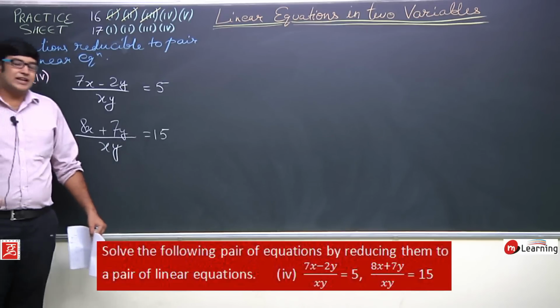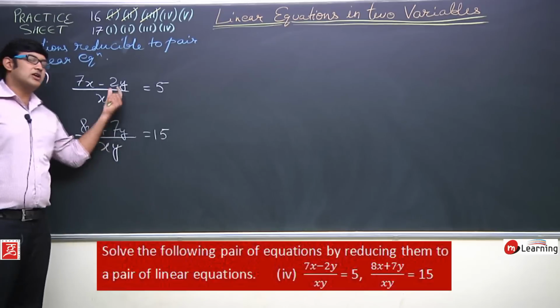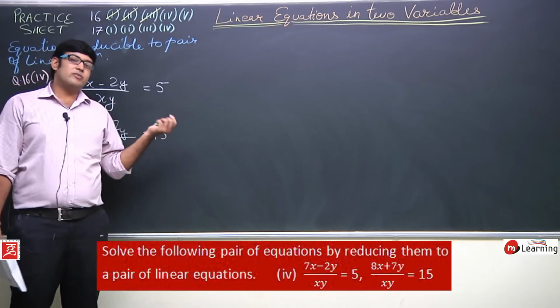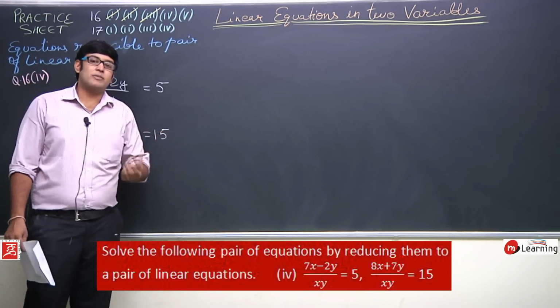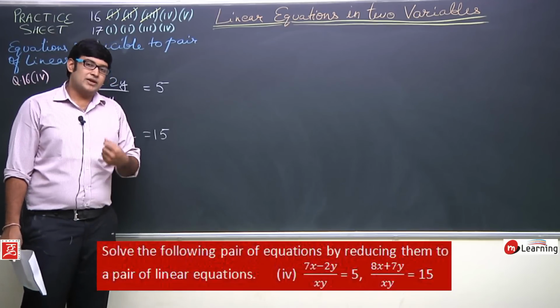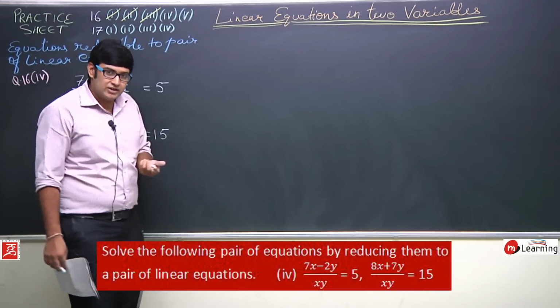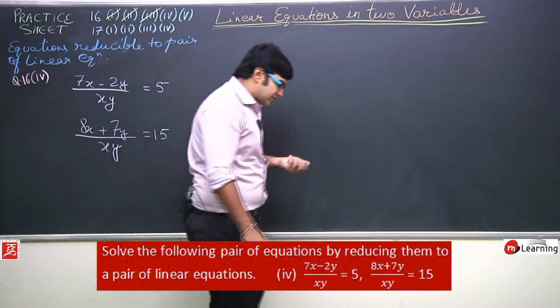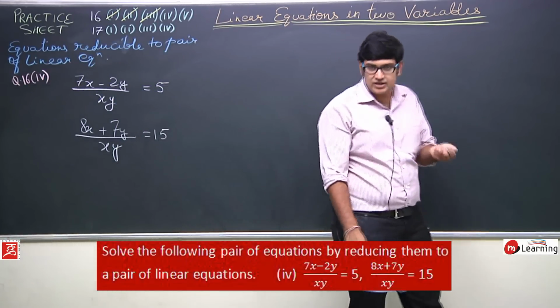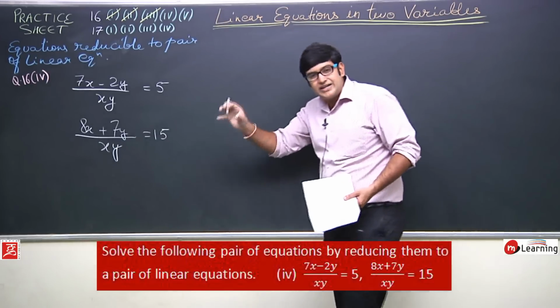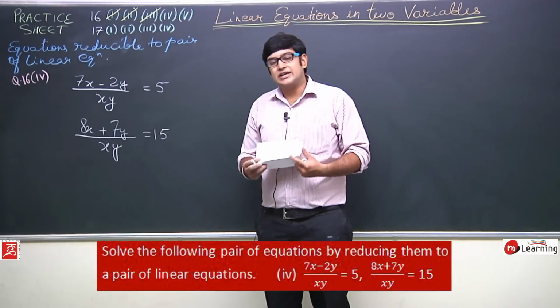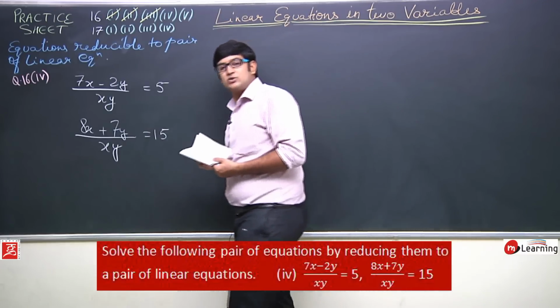Now this question does not have anything common in both the equations. You can see कोई भी इक्वेशन में ऐसा कोई एक्सप्रेशन डायरेक्टली दिख नहीं रहा जो कॉमन है. तो अगर कॉमन नहीं है तो क्या ये इक्वेशन सॉल्व नहीं हो सकती? क्या इन्हें मैं लीनियर इक्वेशंस में कन्वर्ट नहीं कर सकता? क्या इस तरह का कुछ है? नो. हमें इस इक्वेशन को थोड़ा और डिटेल में एनालाइज करने की जरूरत है. इन इक्वेशंस को बड़े ध्यान से देखने की जरूरत है.